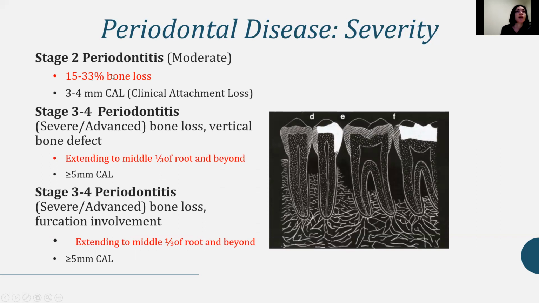Stage 2, we're going to be somewhere between 15 to 33%, and clinical attachment loss, or CAL, is when you calculate the amount of recession. So you measure from the CEJ,